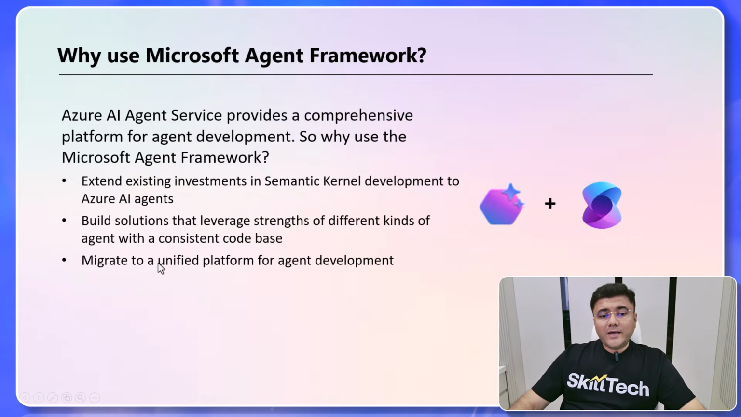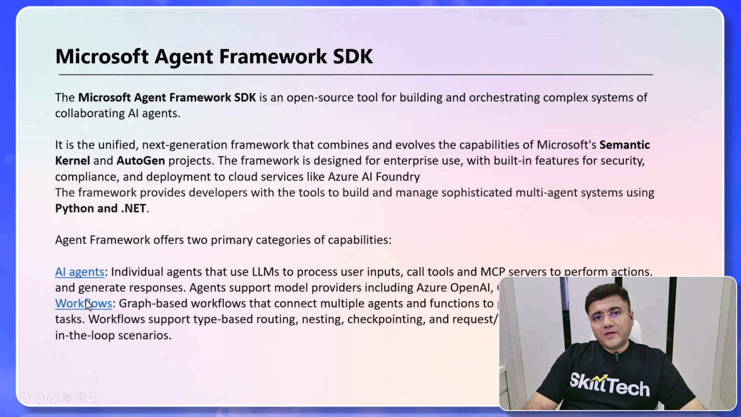And then you will be able to migrate to a unified platform for agent development, which is, as I said, a long-term roadmap path for at least the next 1 year or more. Now, with Microsoft Agent Framework, Microsoft is giving you the Microsoft Agent Framework SDK. This is an open source tool for building and orchestrating complex systems of collaborating AI agents. Yes, mostly it is designed to deal with multi-agent orchestrations, and that will be the main part of this particular course. But initially, we are going to focus on how we can build agents, how we can associate